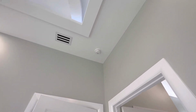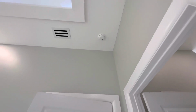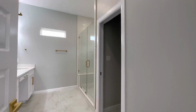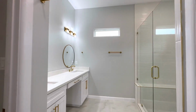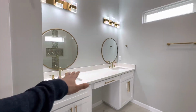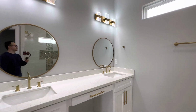Now, I think I've already talked about it in one video, but typically you're gonna see like 2 perforations. In this instance, we just have it on one side, but you just need, I guess, 1 perforation for the bedrooms. It's usually in the living room where you need 2 perforations for both the smoke and the carbon monoxide alarm. But anyways, this is the primary suite bathroom, beautiful his and hers, a nice vanity area at the center